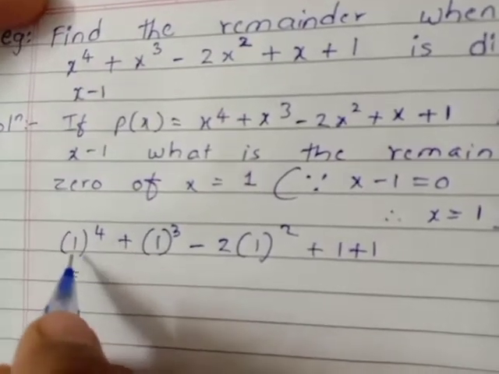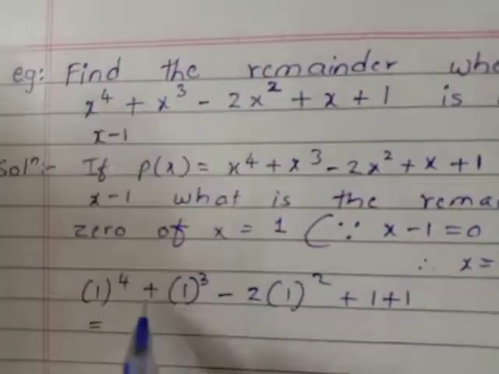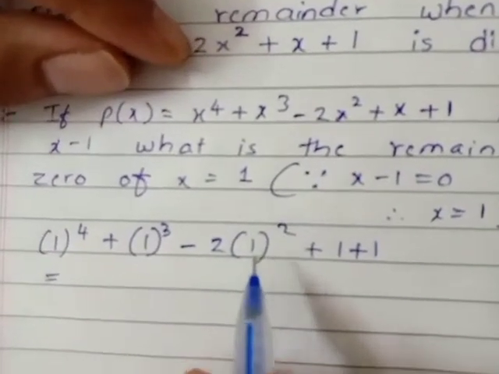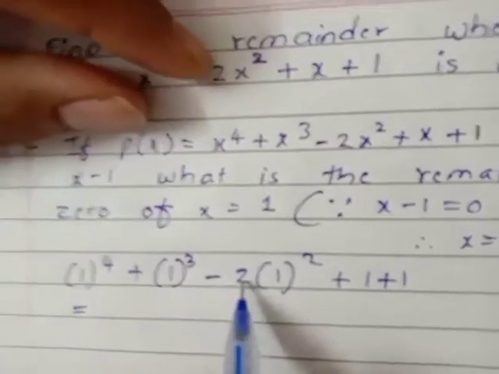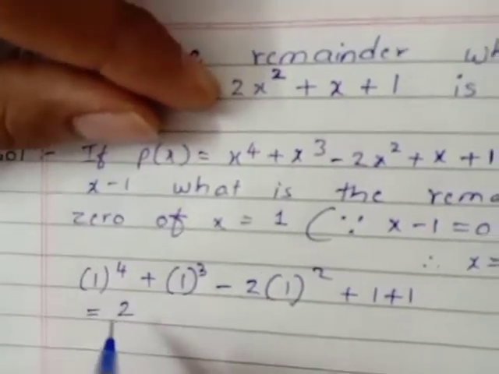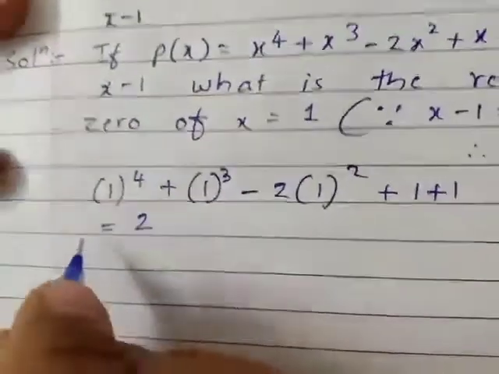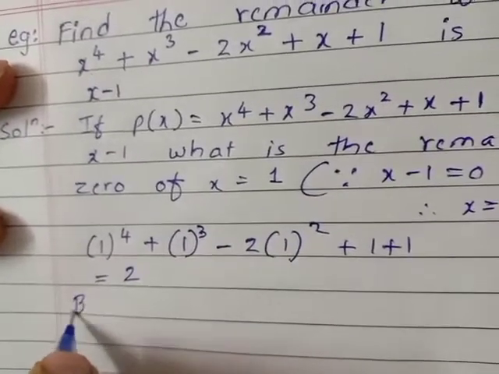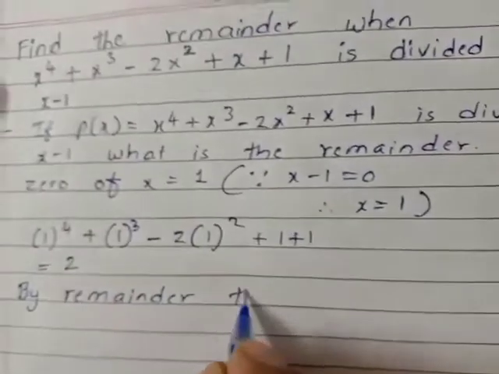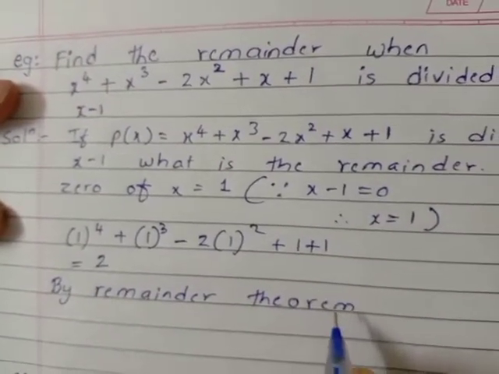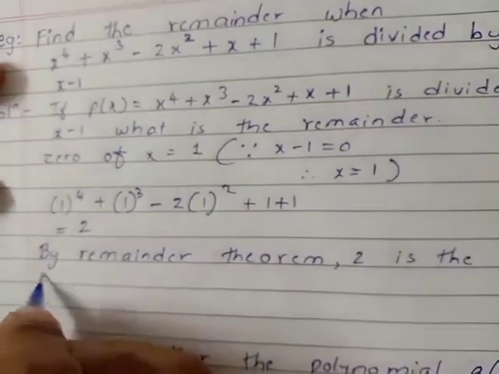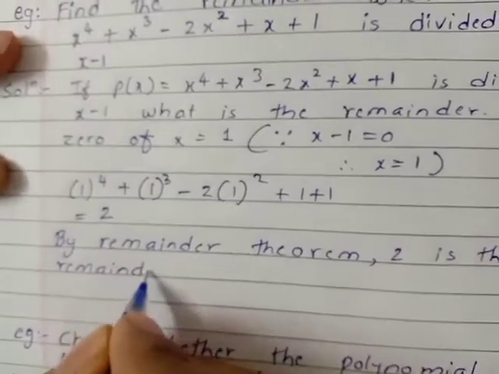Any power of the value 1 is 1. So 1 plus 1 is 2, and this is 1 square. 1 square is 1, 2 ones are 2, so 2 minus 2 is 0. And this 1 plus 1 is 2, so the answer is 2. How will we write it now? So by remainder theorem, 2 is the remainder